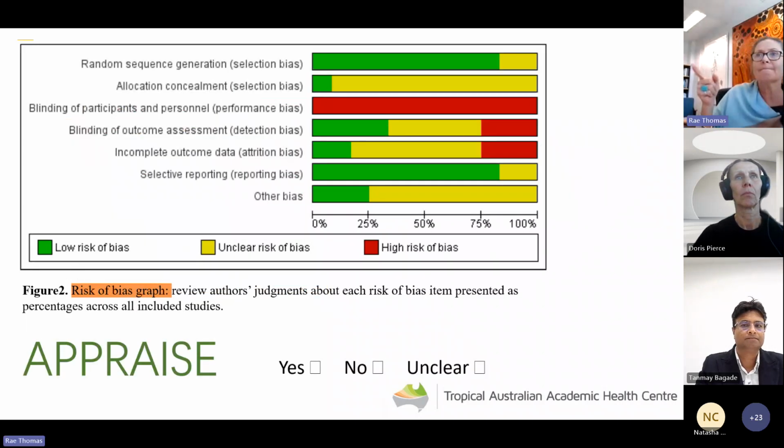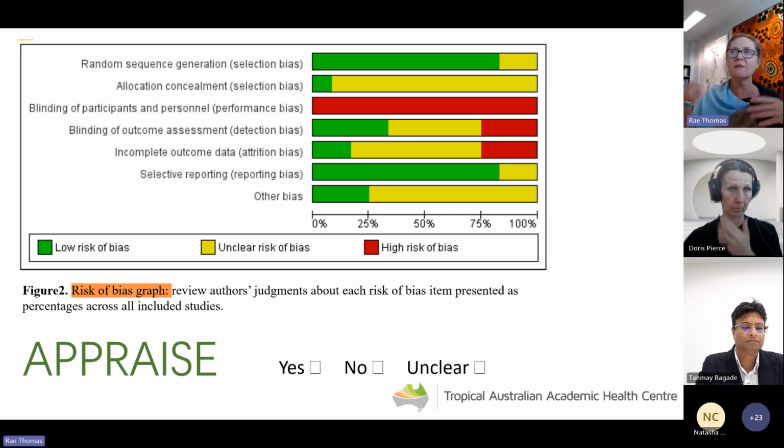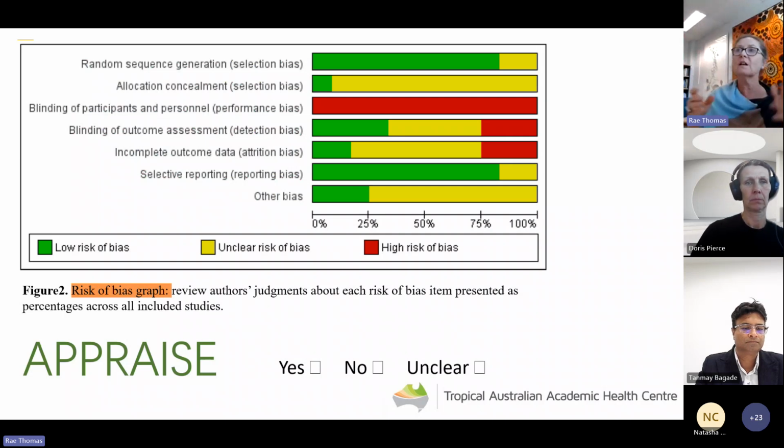They also showed me in figure 2 a risk of bias graph. So this was in the results section, all right? And this gives the risk of bias. This is a summary of all the studies that they included in their systematic review, and it shows me how many. The green is low risk of bias, yellow is unclear risk of bias, and red is high risk of bias for the domains that they assessed, which is down the left-hand side of this diagram. So for me, in terms of FAITH and appraise, did they appraise the articles in their systematic review? Yes, they did. And they told me how, and they told me how it was scored. So that's a yes from me on appraisal.